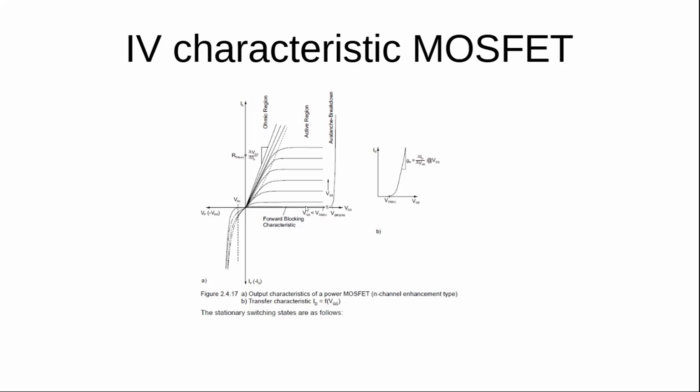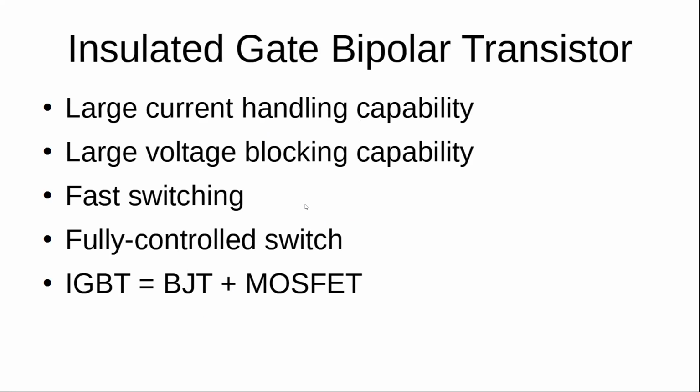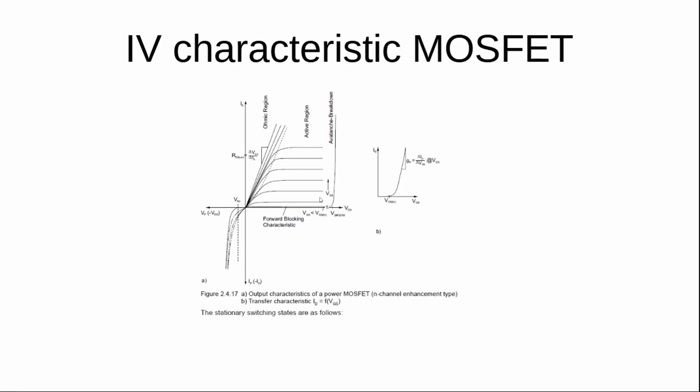We're blocking a positive voltage, and then the current is 0. That's when VGS is less than a particular threshold. Then when we have VGS greater than that,